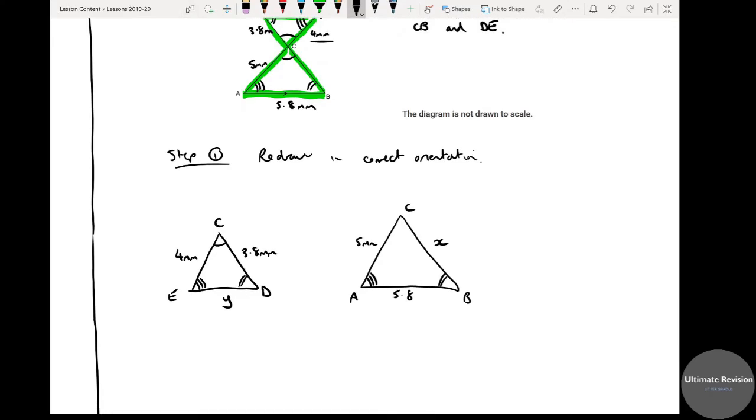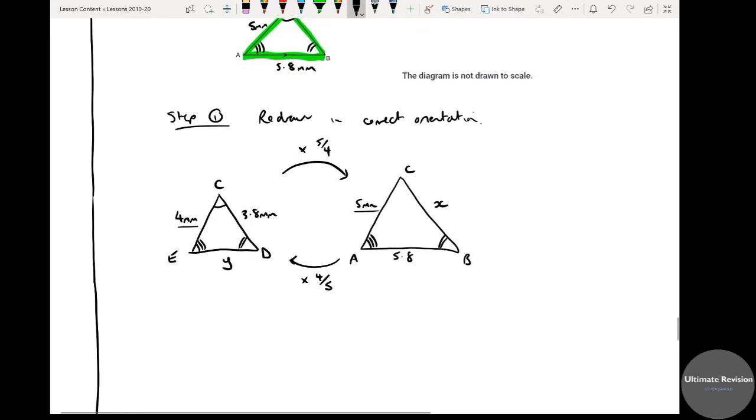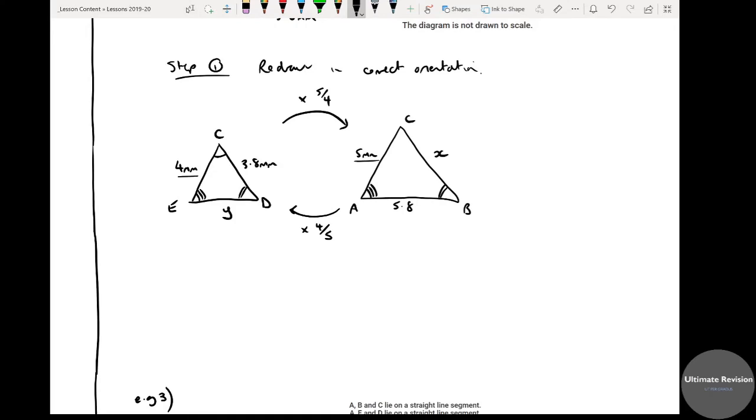Again, I do it exactly how I did the previous one, so you might want to give this a go yourself and pause the video. But if not, you go from the small to the big by timesing by 5 over 4. And to get from the big to the small, times by 4/5. Okay, right, we'll start with X. Now X will therefore equal 3.8, that's the corresponding side, times 5 over 4, which equals,